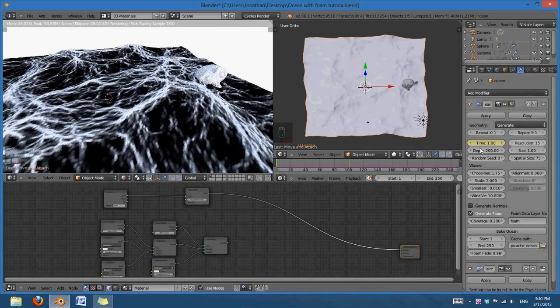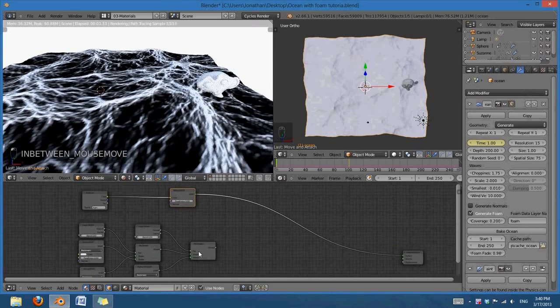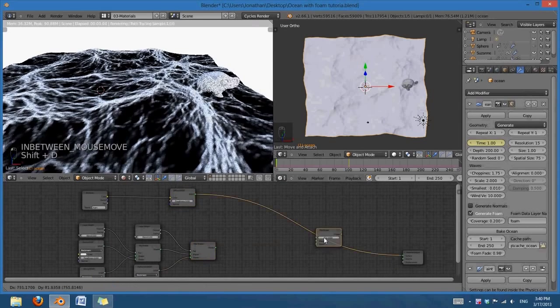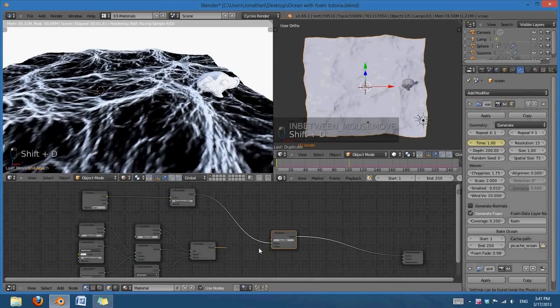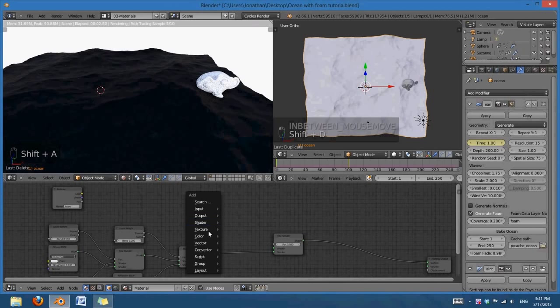I found anything over 30 crashes. I tried 35 once; it didn't work out very well. So just keep that in mind. Alright, so now I'm going to add another mix shader there, and I'll delete the diffuse. What I want is actually I'm